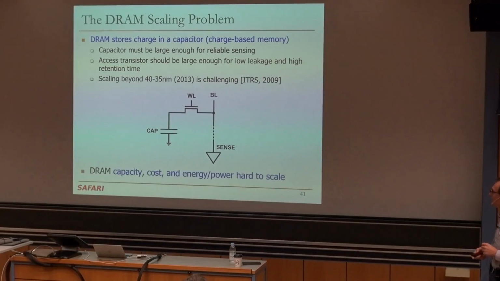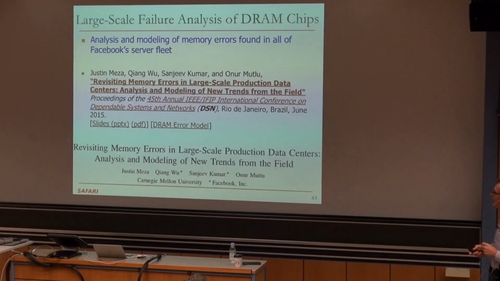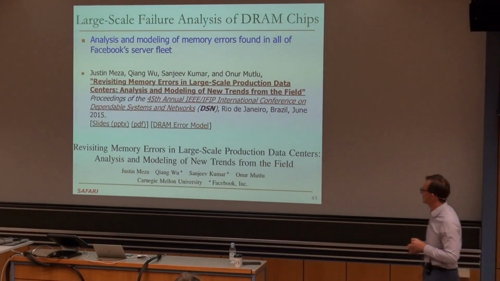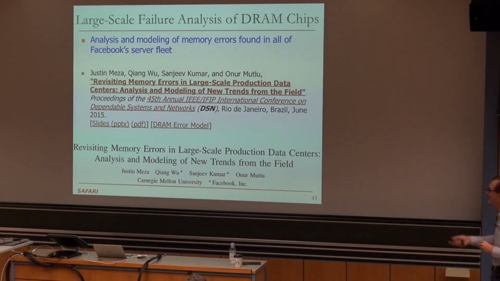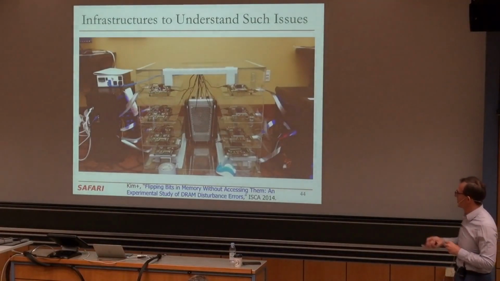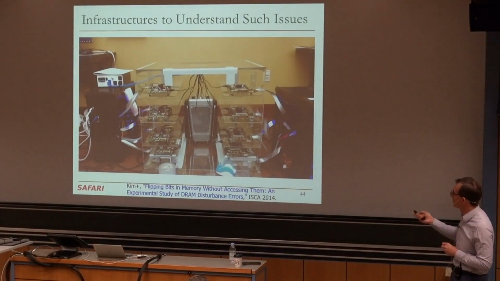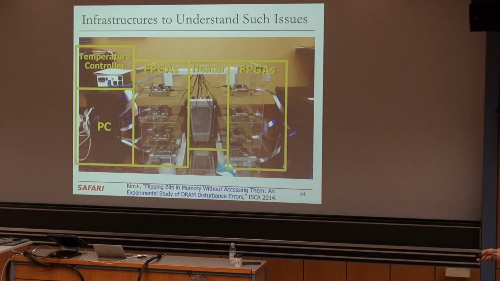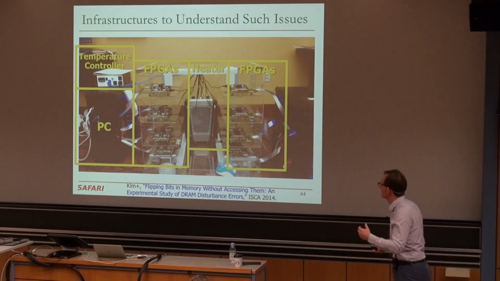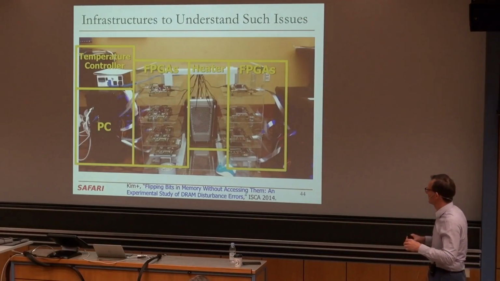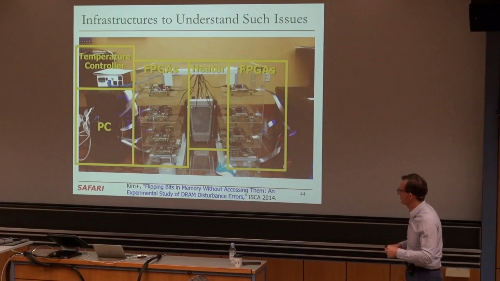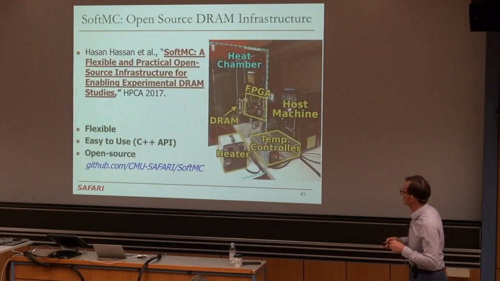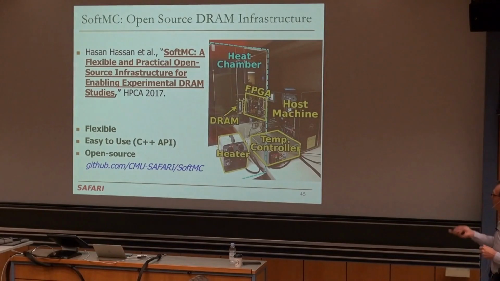This slide should be familiar to you. And as a result, we are having these reliability problems. And this is a paper that I would recommend that you read. It's not a required reading because we cannot make every reading required, but this is a very good example of the reliability trends in memory. And as we've discussed earlier in Rowhammer, it's important to build infrastructures to actually understand such issues. Not only reliability, but also latency, refresh. Well, refresh is a form of reliability, I think, but it's such a fundamental form of reliability, you cannot get away from that, right? Maybe errors you can protect, but refresh, yeah. Refresh is so fundamental to DRAM. And we built this infrastructure that I described earlier.